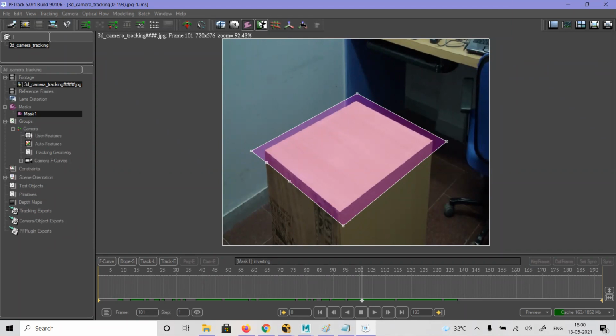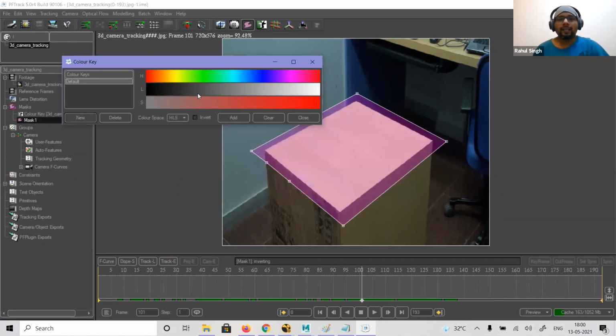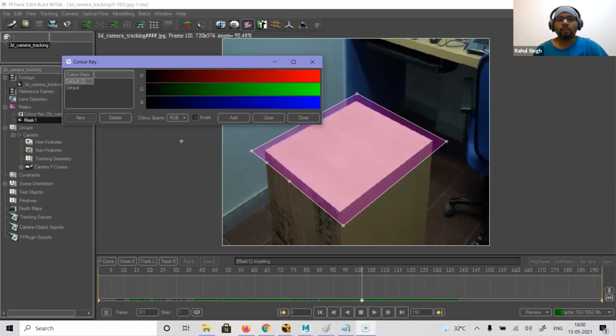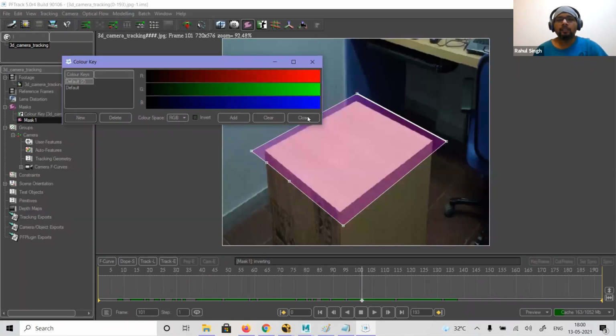Now next one is the color key. What it does is it gives you the option to add a key or change the key, right? I can add any of the keys. It gives you some options, like the color space, what color space you want to use, and you can leave the color unchanged.